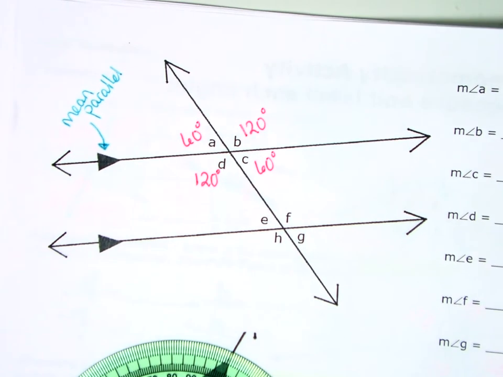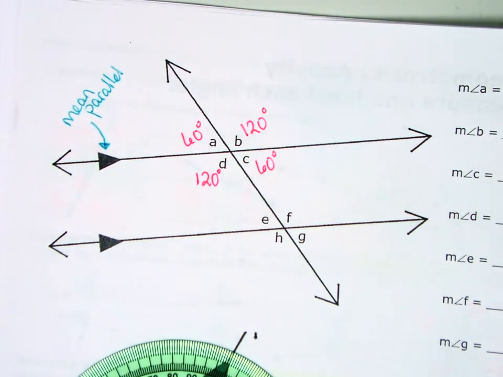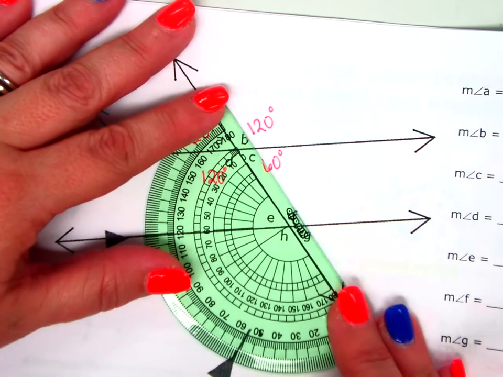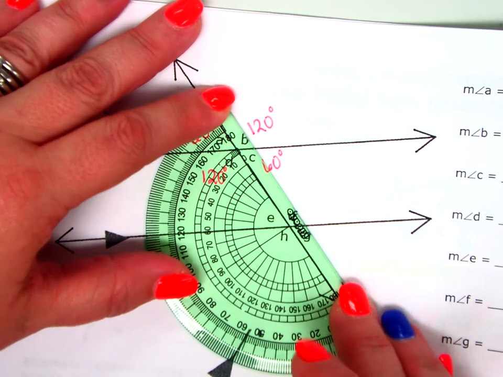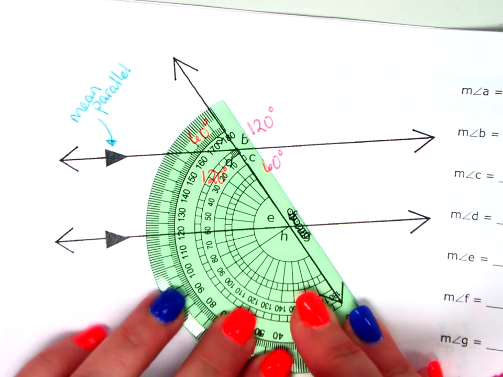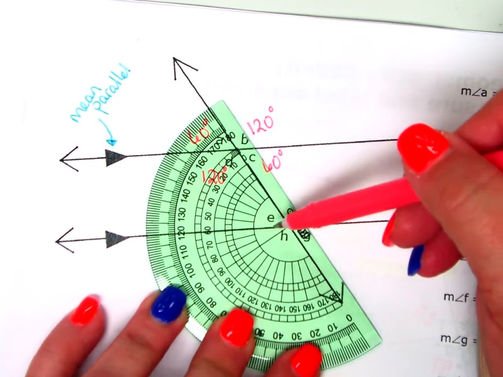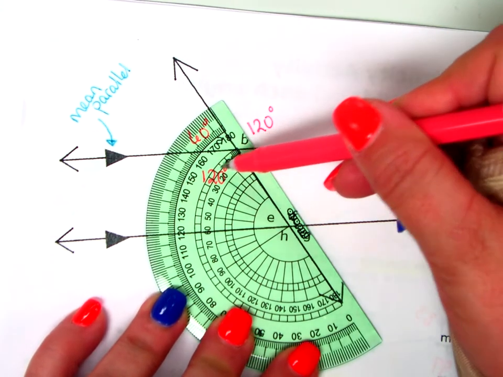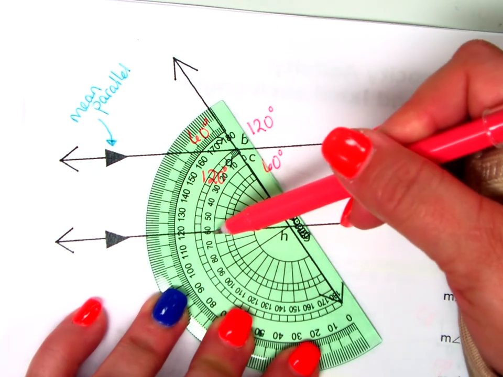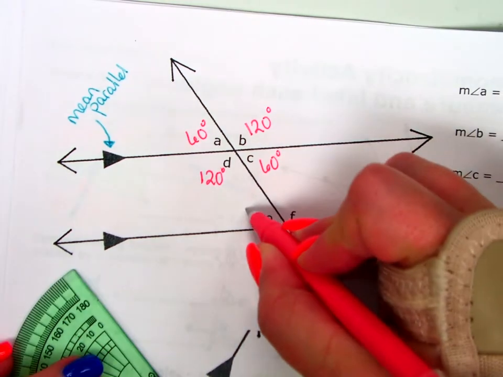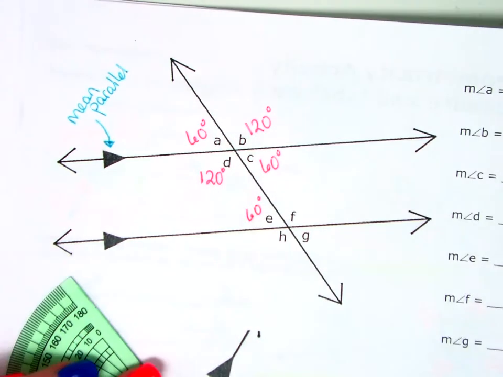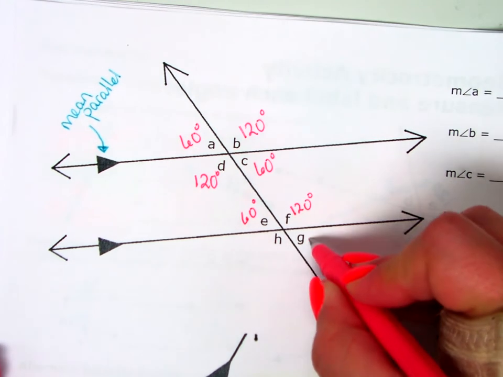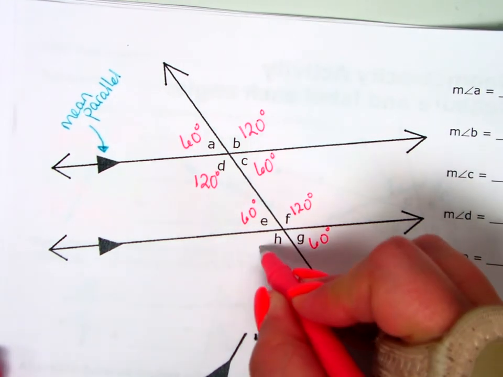Okay. You want to measure E, F, G, or H? E. I'm going to do it sideways so it doesn't get confusing with all my other writing on the other intersection. All right, angle E, if I come out here, the 0 is on the inside, so when I open up for angle E, where am I going to land at? 60. So angle F is 120. G is 60. H is